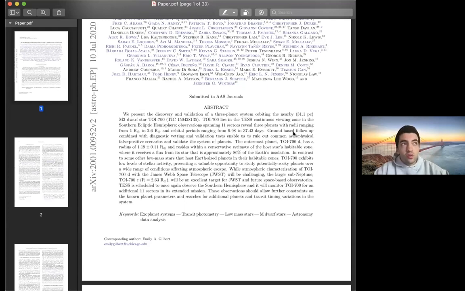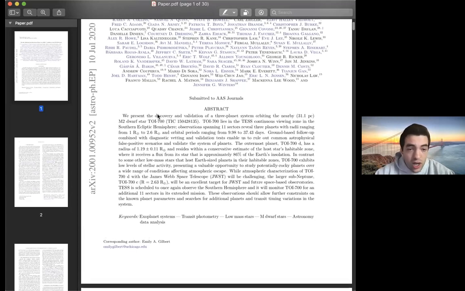And if it's a well-written paper like this one is, the abstract is both really dense but also pretty readable, because they try to make sure that you can get the main points without being lost in any of the methods, like Bayesian retrievals. So you can see here, just starting, they present the discovery and the validation of the 3-planet system orbiting the